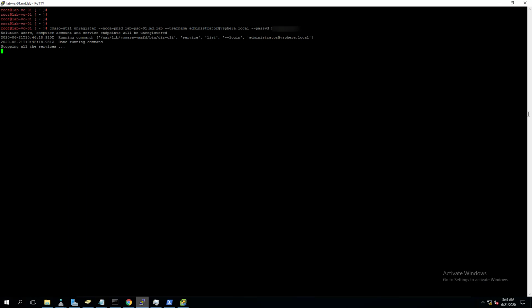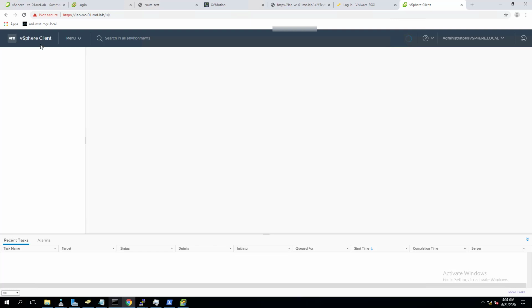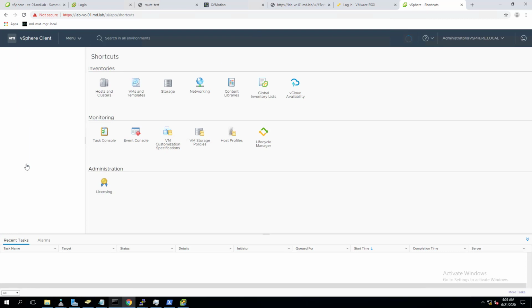Hit enter. Basically what it does is stop all the endpoints. The command ran successfully and it is stopping all the vCenter server related services, and they will start automatically. Starting all the services has been completed. So we have performed the decommission of SSO. We ran a command to unlink the external PSC from the vCenter server references, so we no longer see the external PSC information in your vCenter server.